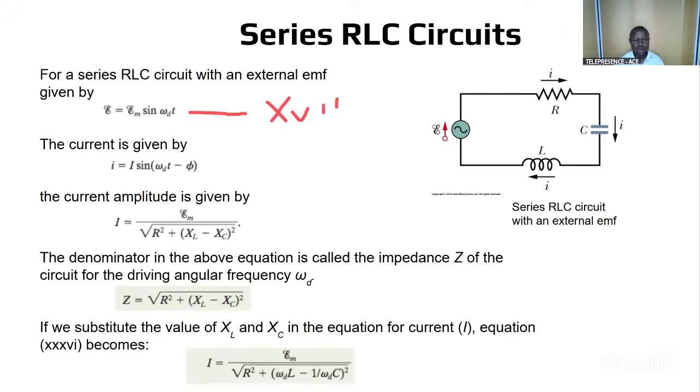Now if you recall from equation 17, the external EMF is giving us this, and we are made to understand that the external EMF will drive the current along the path, and that the driving current is given by the previous equation, equation 18, if you can recall, that I is equal to I sine omega d t minus phi. Now, for RLC circuit,